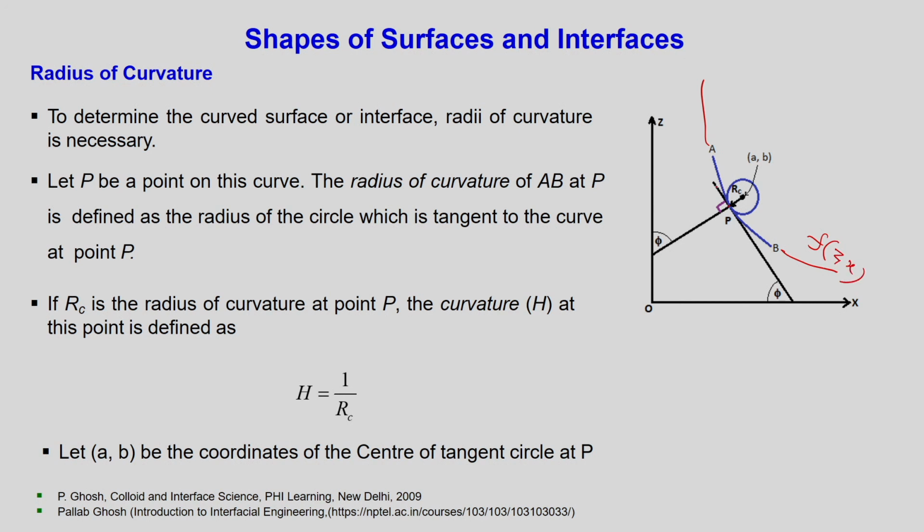So at this point, if you draw a tangent at this particular point P and then try to draw a circle which is just touching a particular point on the tangent, that radius will be RC and AB at the center of the circle. If you draw out that tangent, you will see that the phi and phi angles are similar. Why? Because you know this is 90, this is also 90.